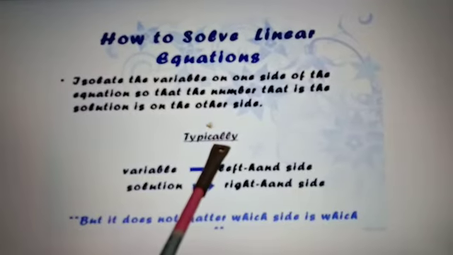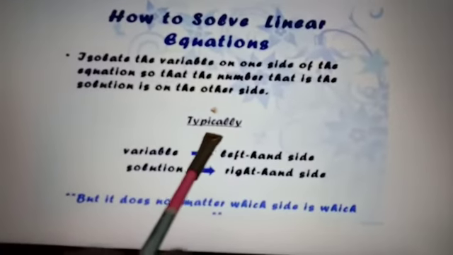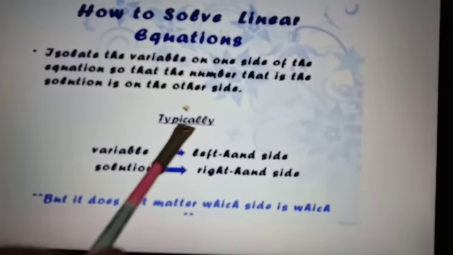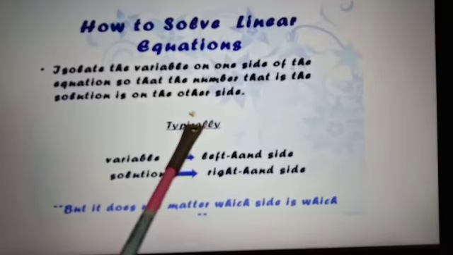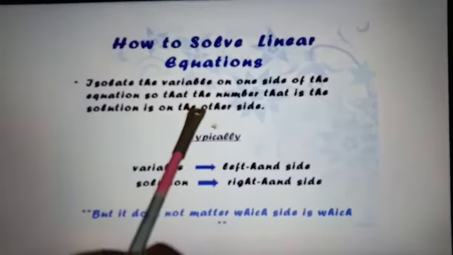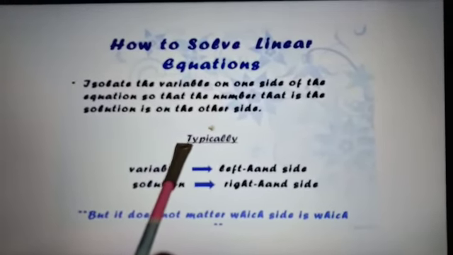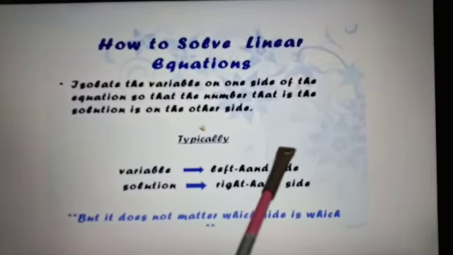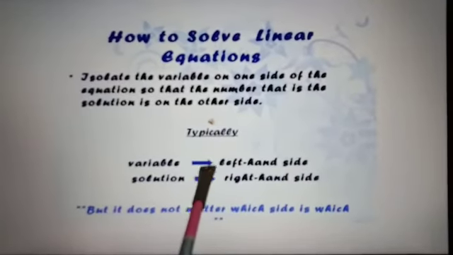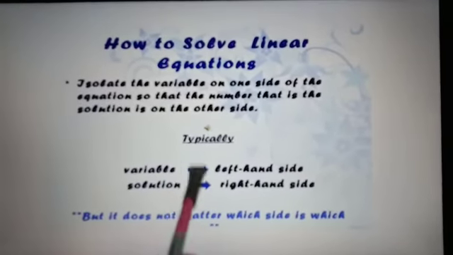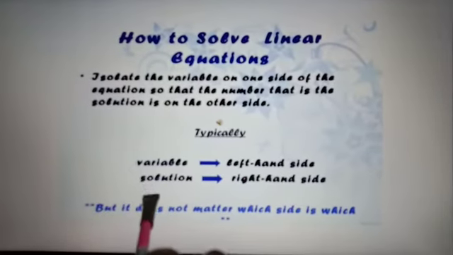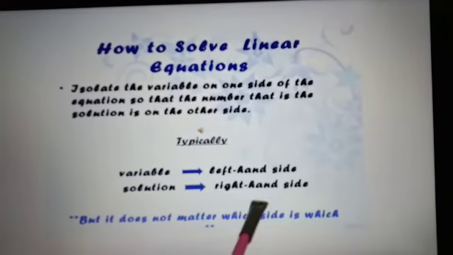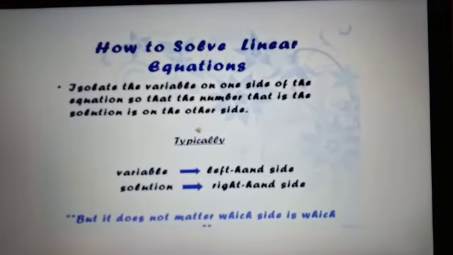To find the solution for the linear equation, what should be our aim? Our aim should be to keep the unknown variable, I mean the variable alphabet, alone on one side. Remaining everything we should bring to the other side. If the variable is on the left hand side, remaining everything we should bring to the right side. Automatically we will get the solution on the right side after simplifying. Understood? I'll show you one example.